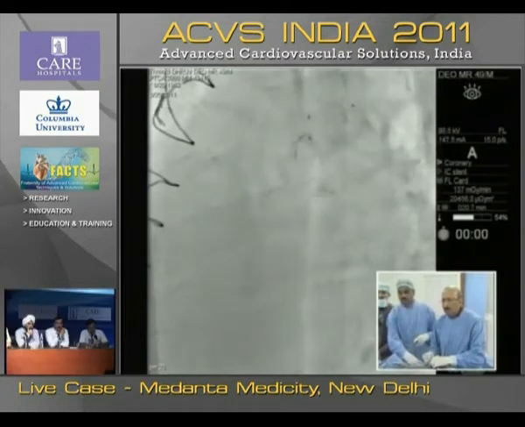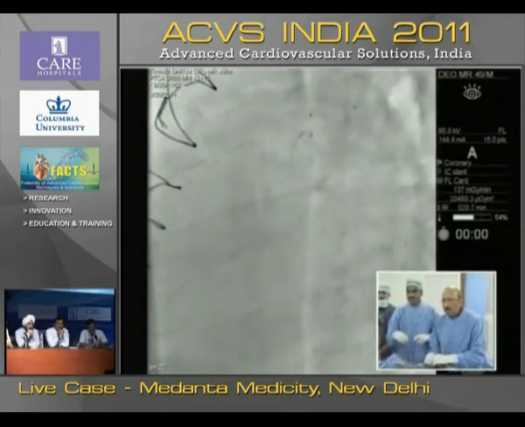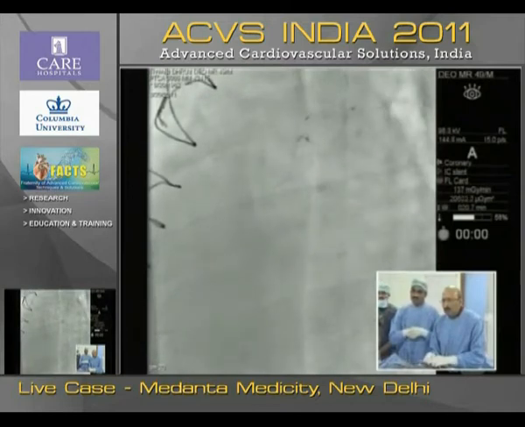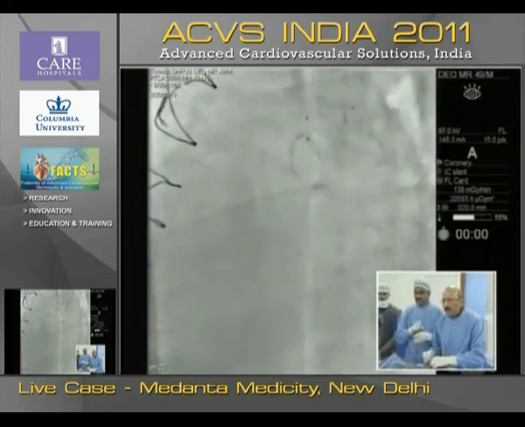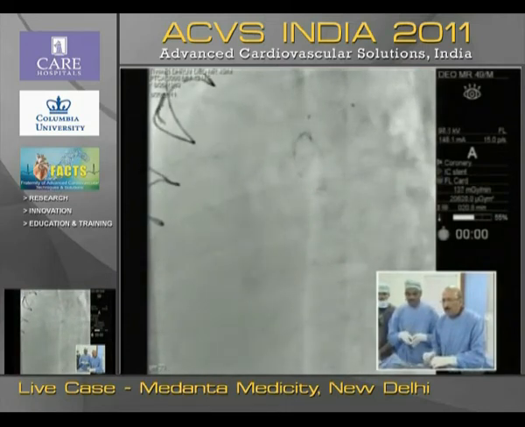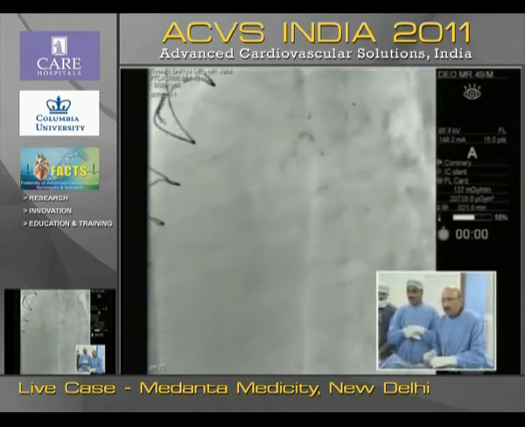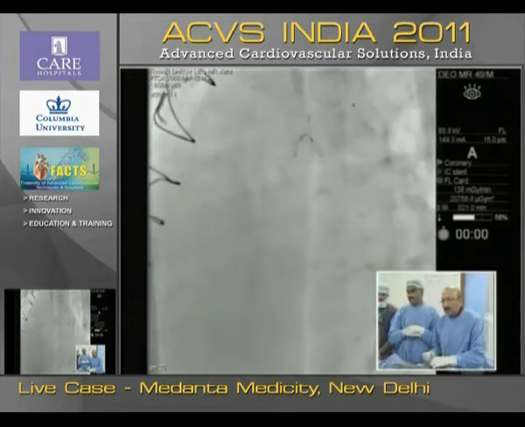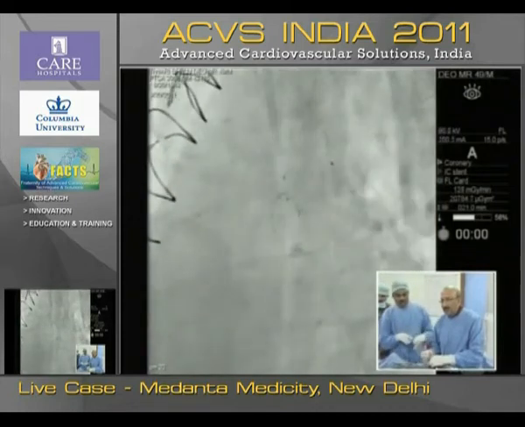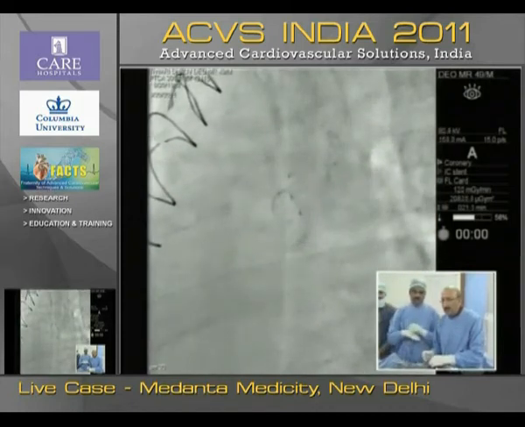Is there some calcium there where your balloon is stuck? No. It is actually because of the tortuosity. No, I can't have any torque on the wire. Yeah. The wire has come back. You see? Yeah, this is bound to happen. And that is why, in these kinds of procedures, sometimes you have to just abandon this, because it will also now go into spasm.